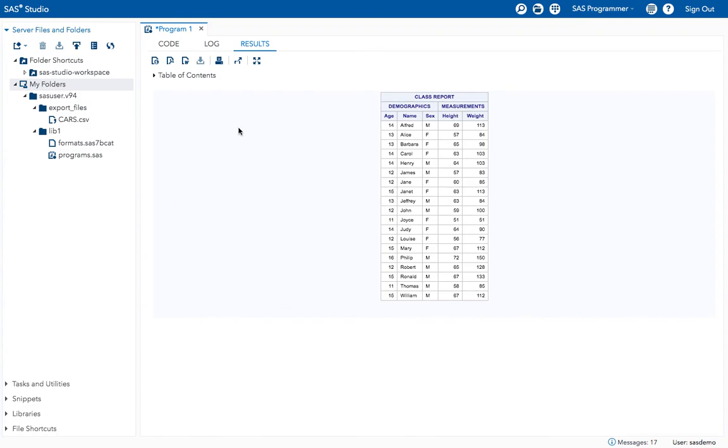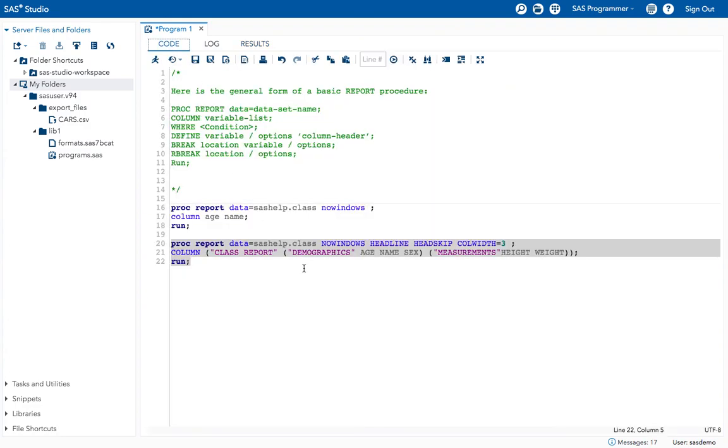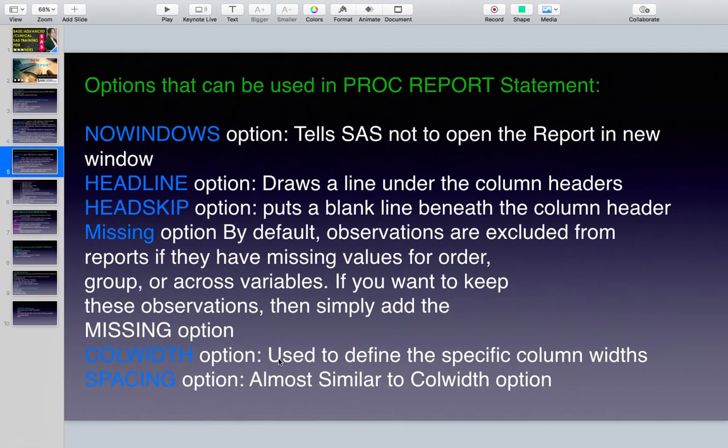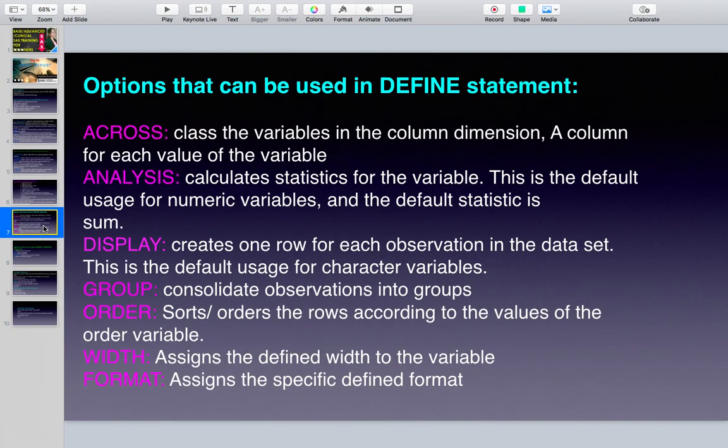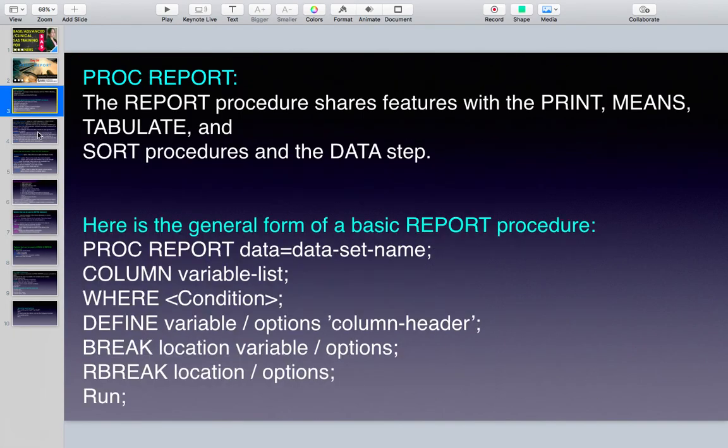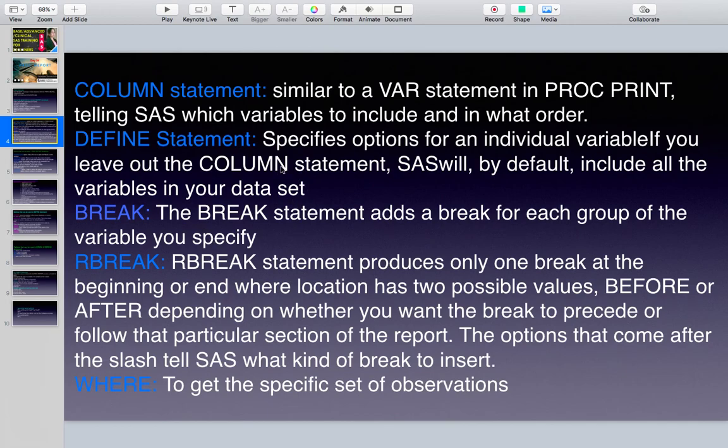Okay, see, now let's use the define statement. What is this define statement? See, let's go into the notes. This define statement specifies options for an individual variable.